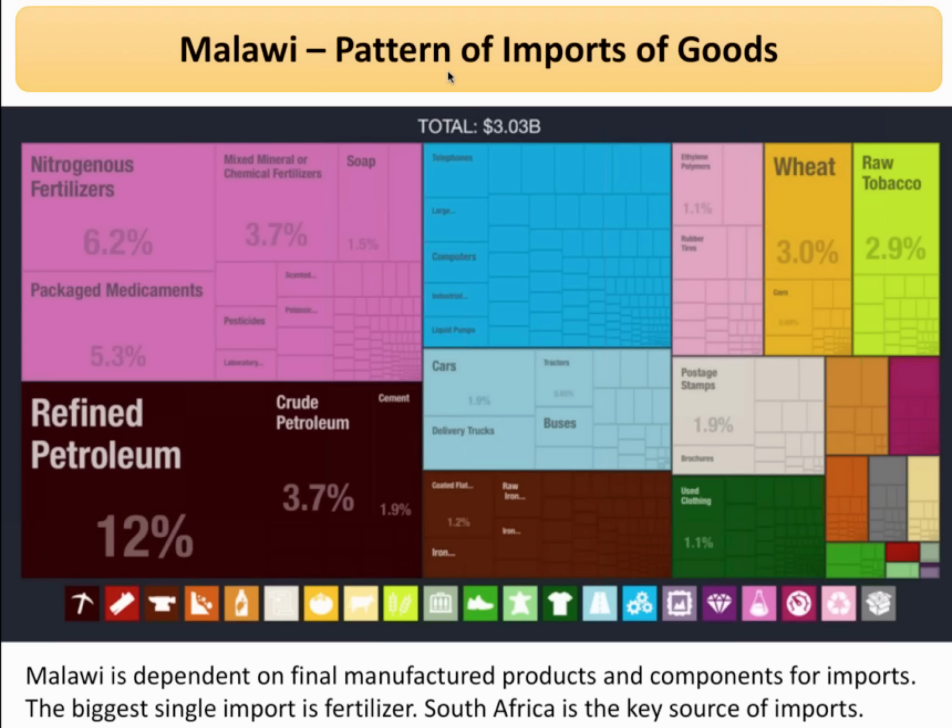But yet, if you look at their imports, then we get much more of a patchwork quilt effect, as you can see here. So Malawi has to import fertilizer from South Africa. It has to import petroleum and vehicles and telecoms equipment. It's the classic story of a very, very poor developing country, which is growing, but